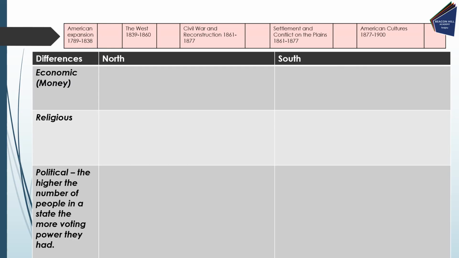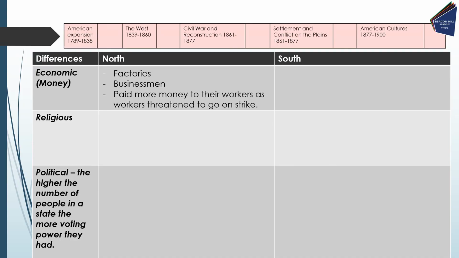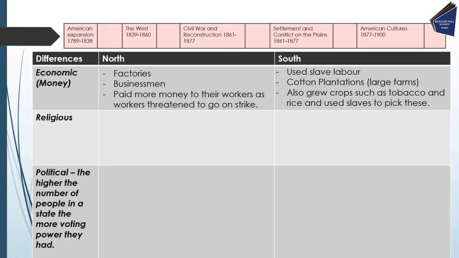So first of all, one of the biggest differences is in terms of economics or money. So in the North, we have factories, we have businessmen. They are paying their workers, because if they don't, then their workers will go on strike. So we see the North paying wages normally. In comparison, in the South, they are using slave labour predominantly on cotton plantations, which are large farms. They are also growing crops such as tobacco and rice, and they use slaves to pick these. So the North perceive that the South have an economic advantage because they do not have to pay their workers,